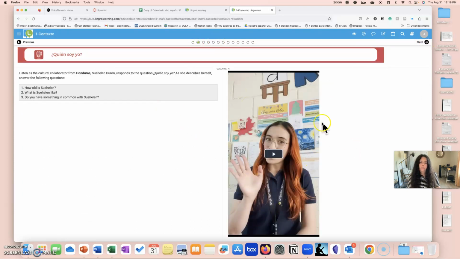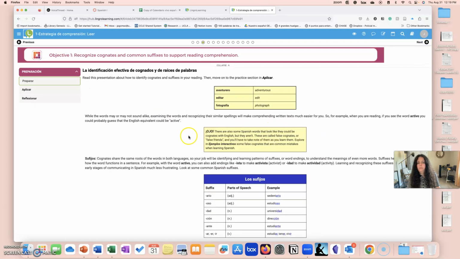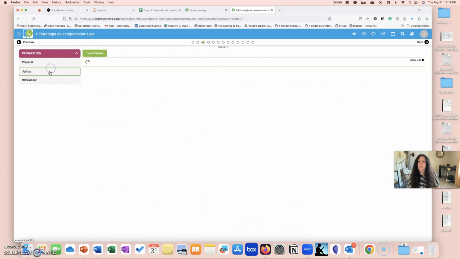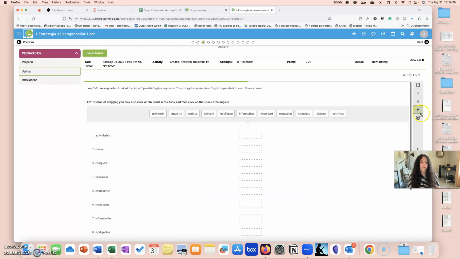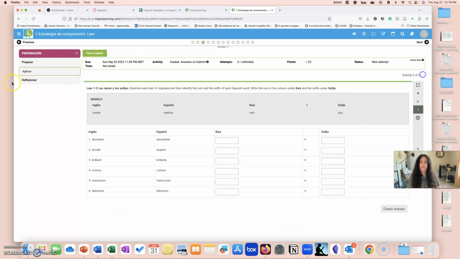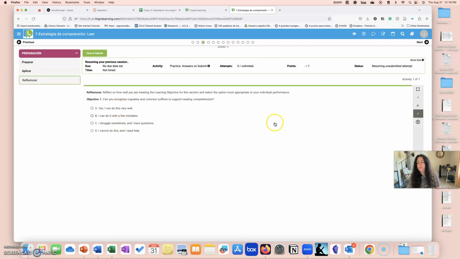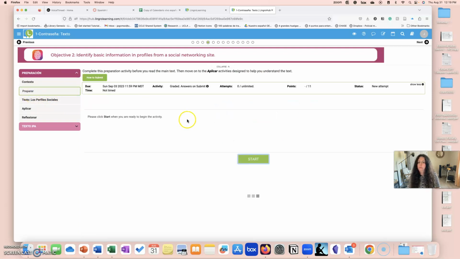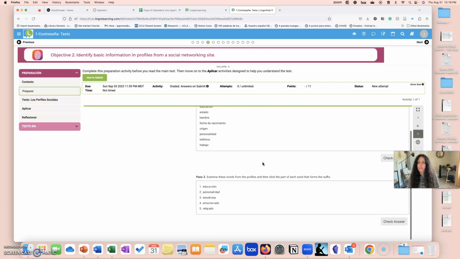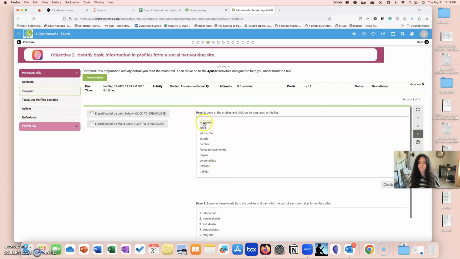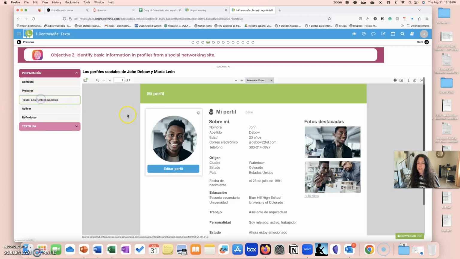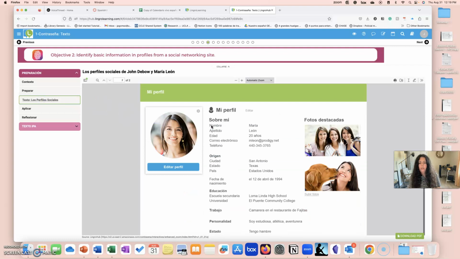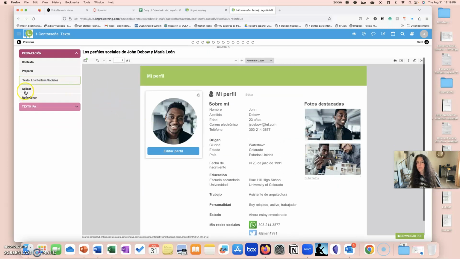Next. So you were supposed to watch this because it's something that you're gonna come into later. Do this activity, aplicar. Okay, so once you do that, remember to look for the activity, how many activities you have. Then reflexionar, which is always like, how did you feel doing this activity? Then basic information, so you have here, and all the instructions are in English, so you don't really need to worry about that much. Most of the activities are also like identifying words at this stage and all that. You don't really have to write a lot of things. And so this is the texto, and then aplicar, reflexionar, etc.